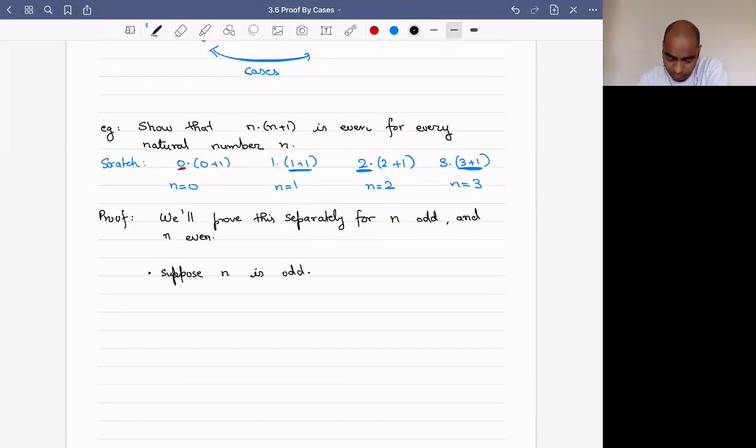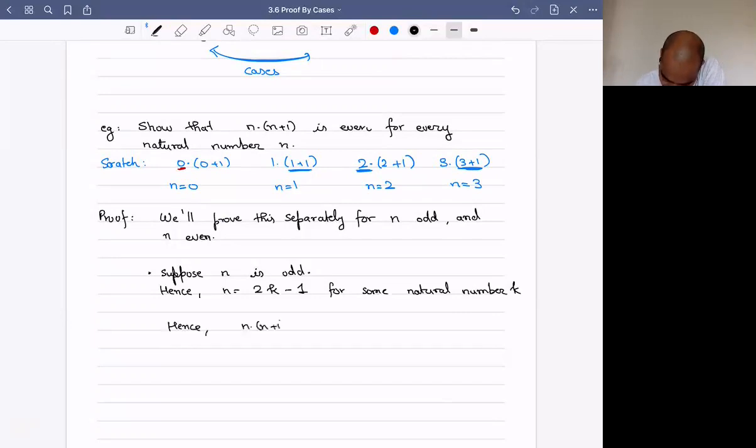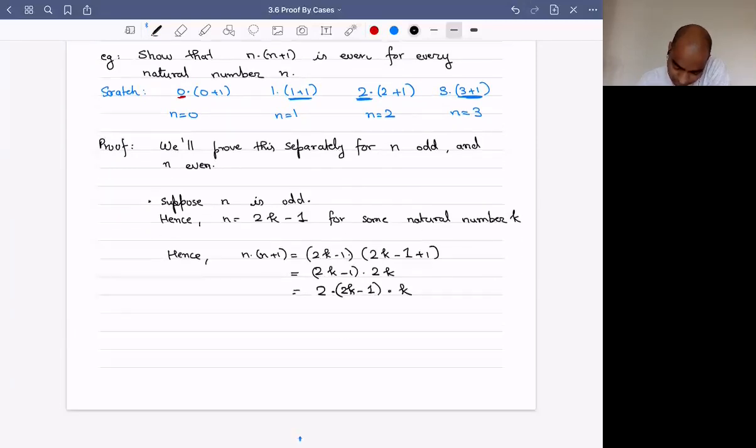Suppose n is odd. Now, because n is odd, I can write n as 2 times k minus 1 for some natural number k. So n becomes 2k minus 1 times 2k minus 1 plus 1. That is 2k minus 1 times 2k. And I will just put the 2 in the front. And because this is a multiple of 2,